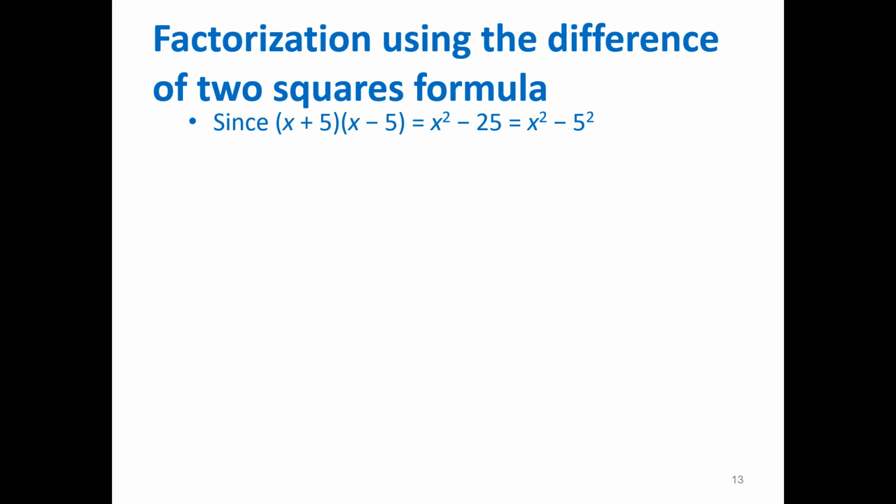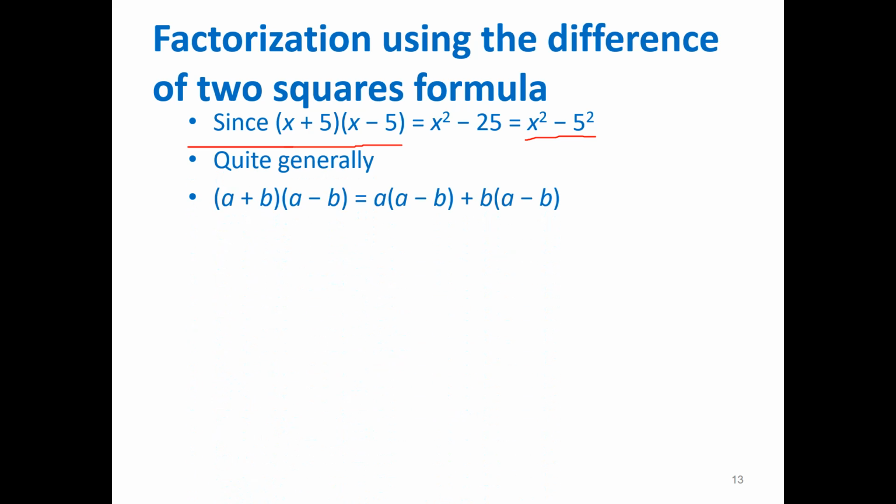Now, if we want to factorize the difference of two squares, we will obtain these two brackets. Okay? So the factorization of the difference of two squares will give us the first term plus the second term in the first bracket. In the second bracket, we will have the first term minus the second term. See, the terms inside the two brackets are the same, except that here we have a plus sign, a positive sign, and here we have a negative sign. So we will say in general,